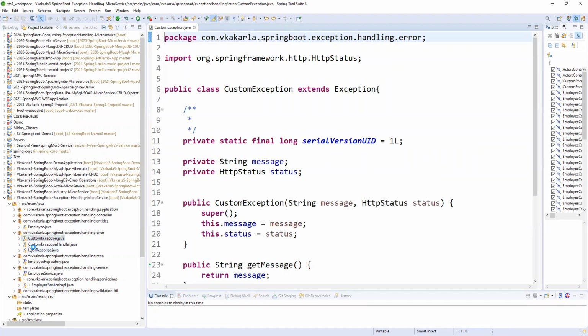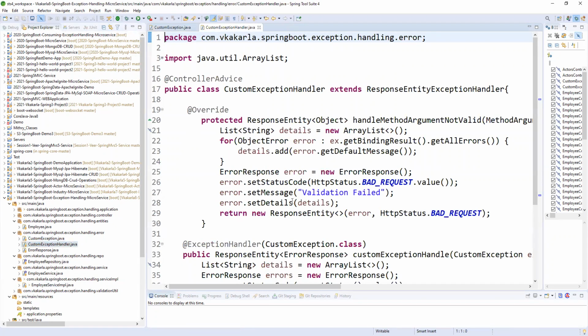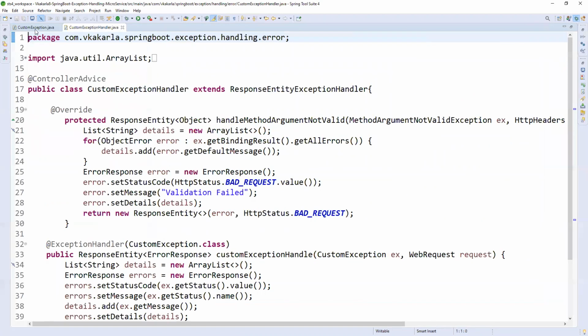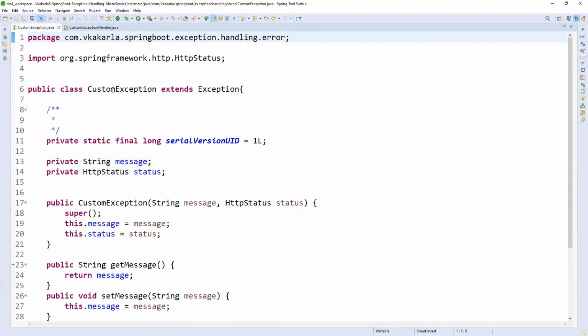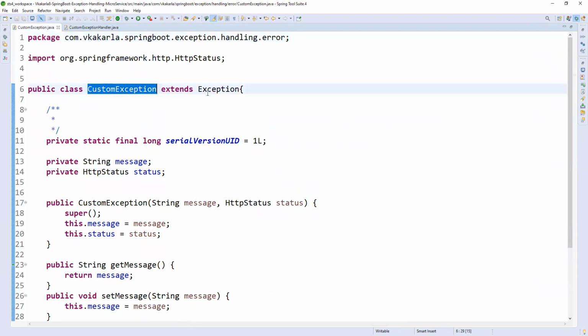Here I'm having a custom exception, and one more thing is the custom exception handler. So see, this is the custom exception. It can extend Exception or RuntimeException. Anything we can write, but RuntimeException is recommended instead of Exception. Exception takes care of checked exceptions and runtime exceptions, while RuntimeException handles only runtime exceptions.